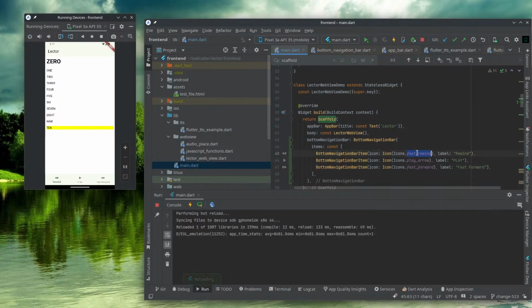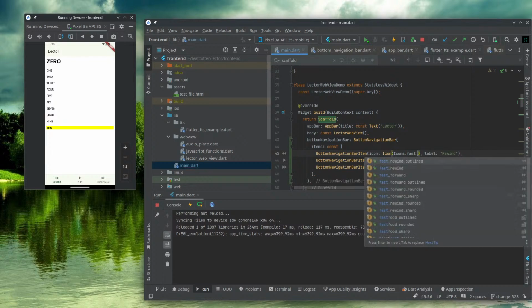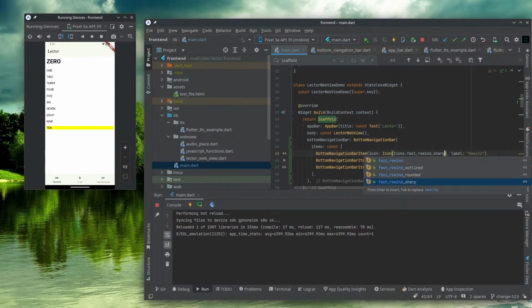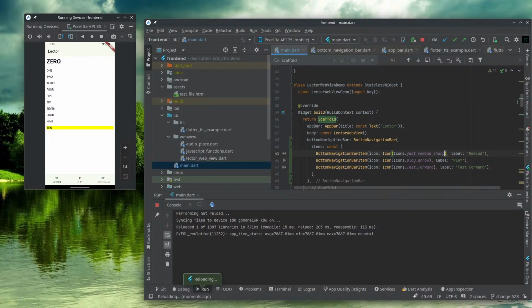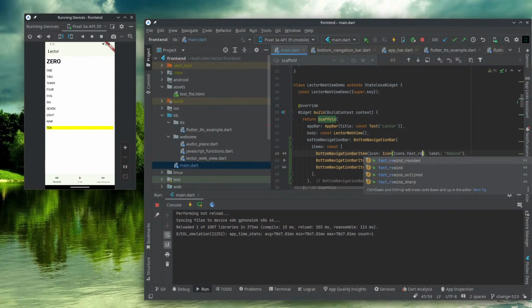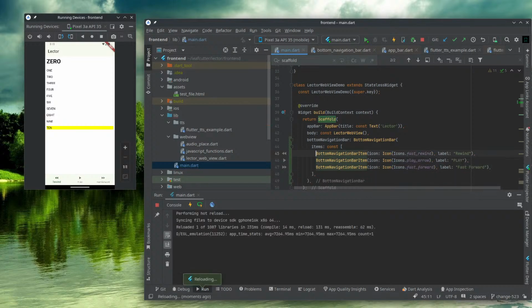And then we have some other options like different, like outlined. Okay. Rounded. And then sharp. I can't really see the difference at this resolution. So we'll just keep this as fast rewind. Let me look up